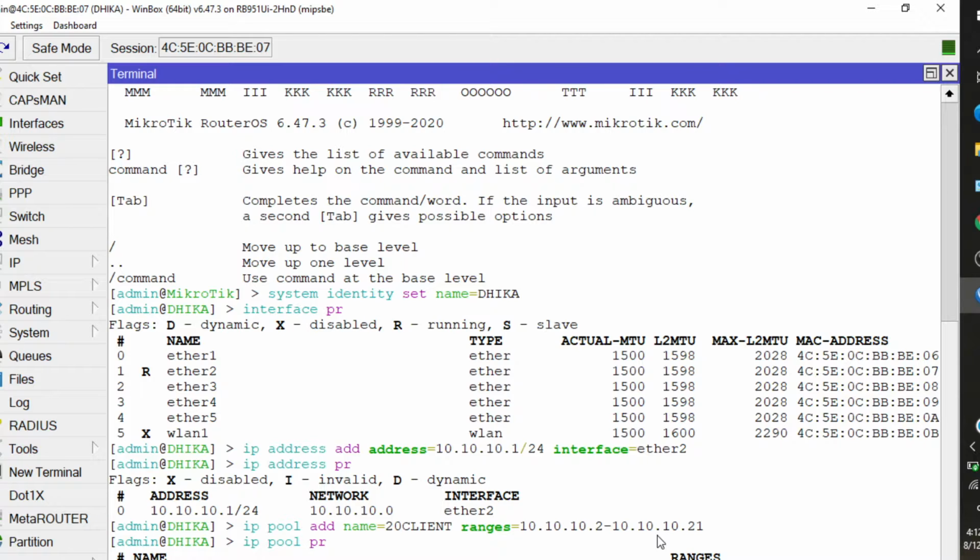And with the interface, enter the same as configured before, and you can click enter,